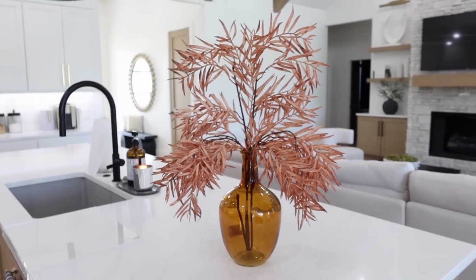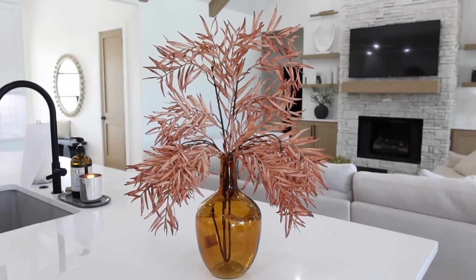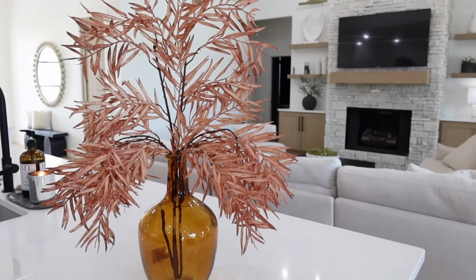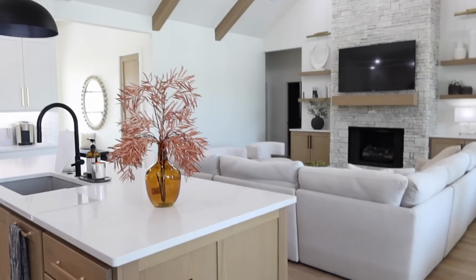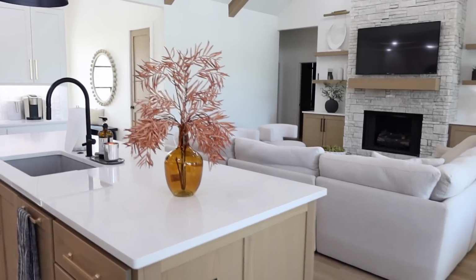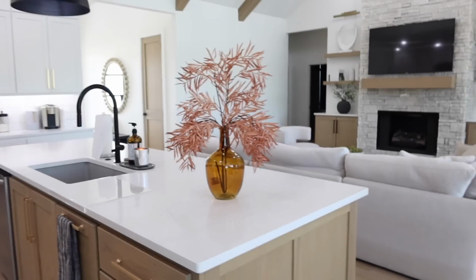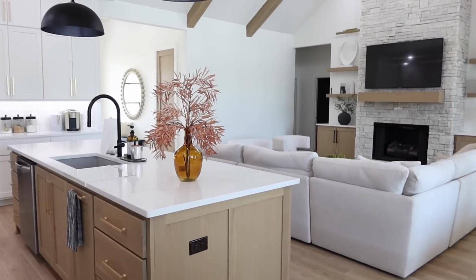But having a few or one piece like this in a space just grabs your attention when you walk in. So this looks really good in a traditional house. This would look really good in a mid-century modern boho. But if you have a more neutral house like mine and you don't mind color for the holidays, it's definitely going to grab your attention because it is such a warm color, but it's still earthy. Like it's not completely crazy. Like we're not talking about purple here, but it will just grab your attention or your eye when you walk